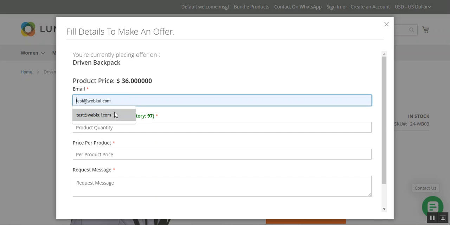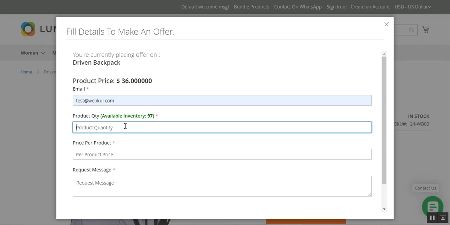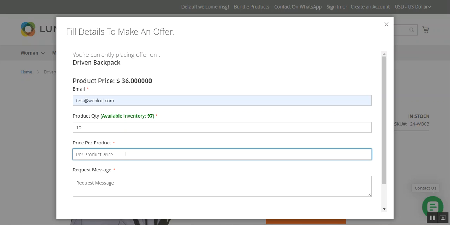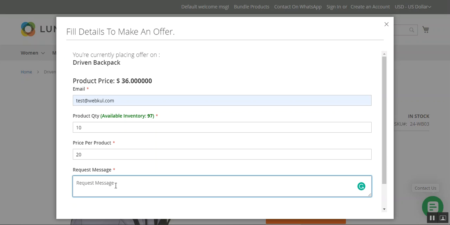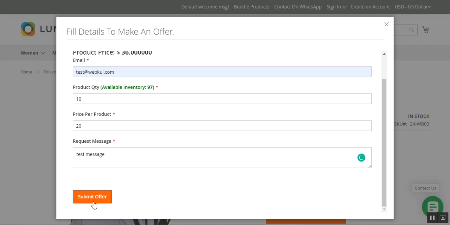The customer can enter his email address. He can enter the product quantity that he wants to purchase. So for example, if I set it as 10, I can then set the price per quantity, for example, if I wanted it for 20, and the customer can also set up a request message to the admin. So I'll just set it as test message, and thereafter the customer just needs to tap here on the submit offer button. So if I tap here on that,